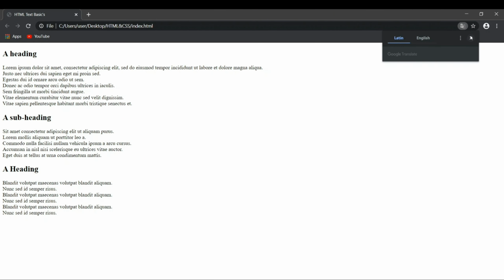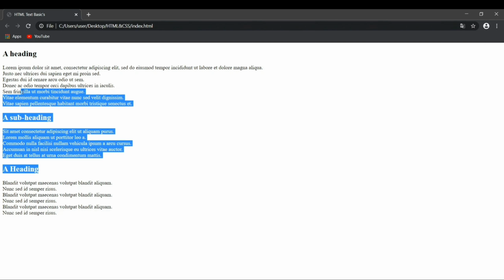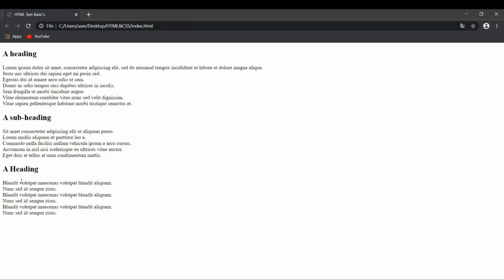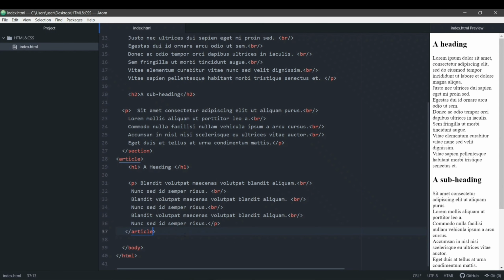Again, this tag does not make any specific visible change, but now the browser knows that this is not related to our main content. This is an article, separate from the section tag. This does not require grouping. Now the next tag that we're going to see is the aside tag. If you have some content that is aside from the content you have placed, then you can use the aside tag. The aside tag content should be indirectly related to the surrounding content.